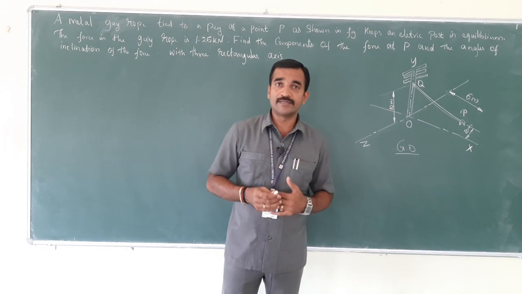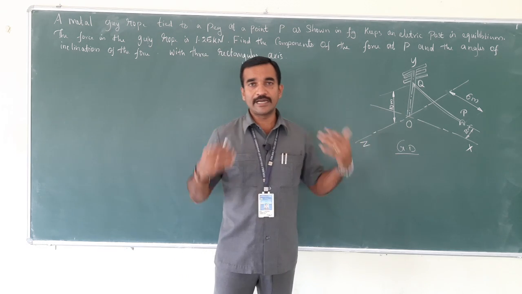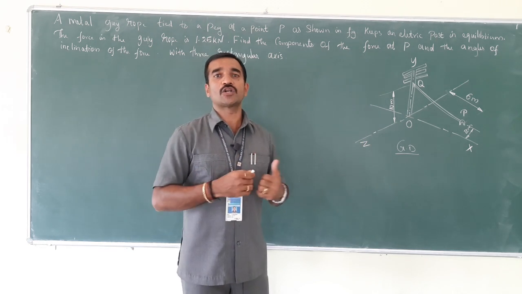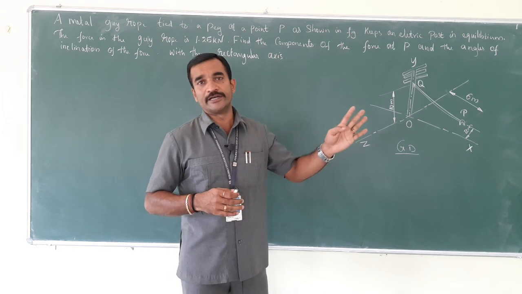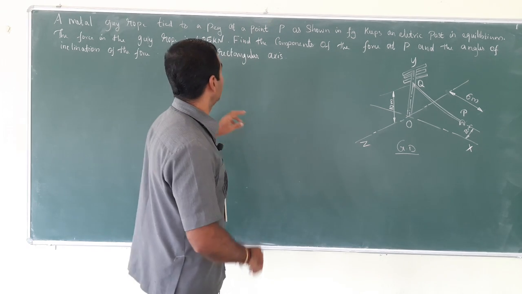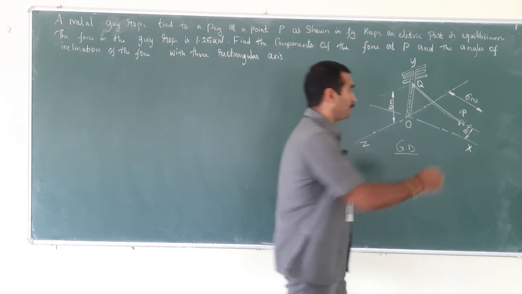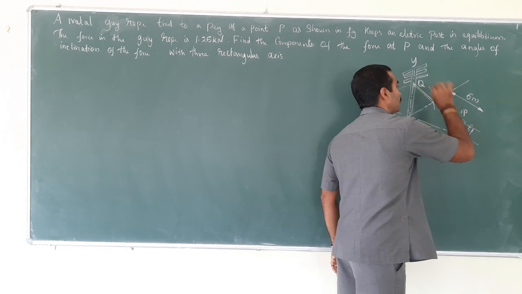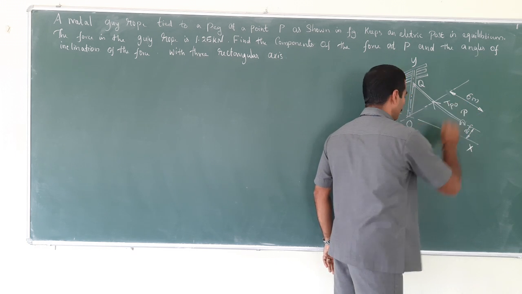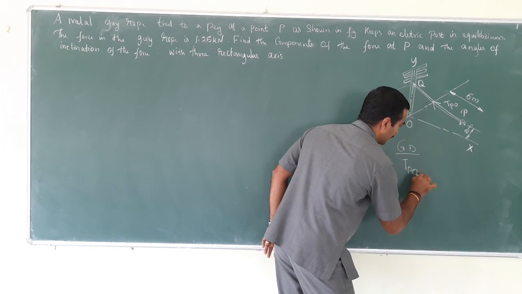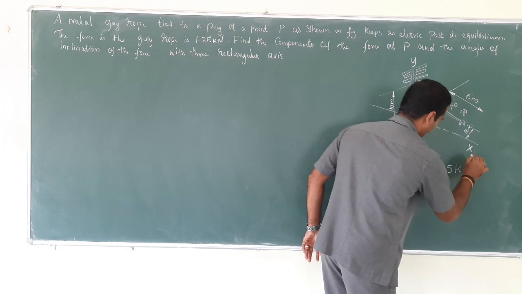As I told you in the introduction video, where there is a rope or guy wire or string or rod or a bar which is tied, the force will act outwards away from that point. Here it is mentioned that the point P, so we will have to consider the force from P to Q. So the tensile force acts in this manner. This can be written as T_PQ, and T_PQ is given as 1.25 kilonewton.